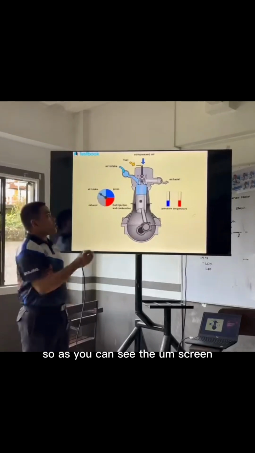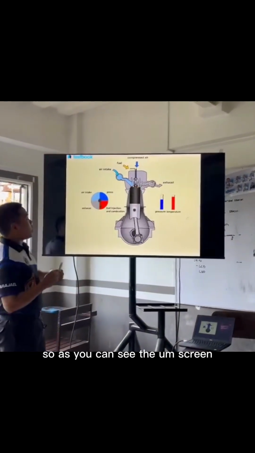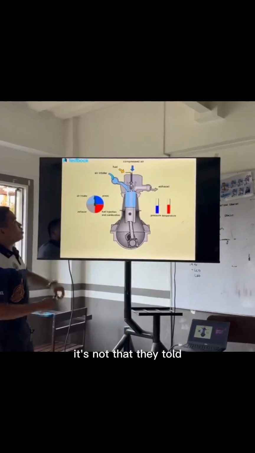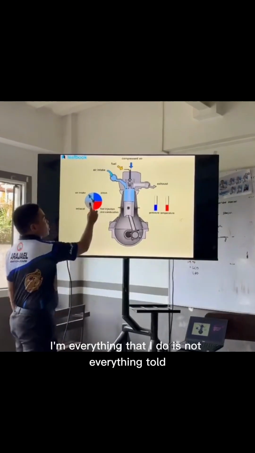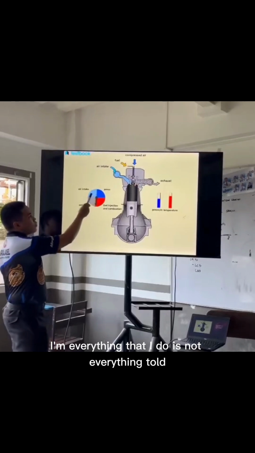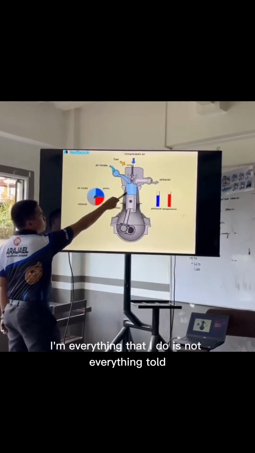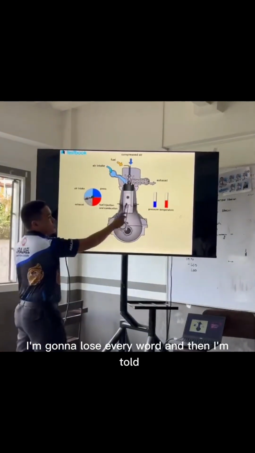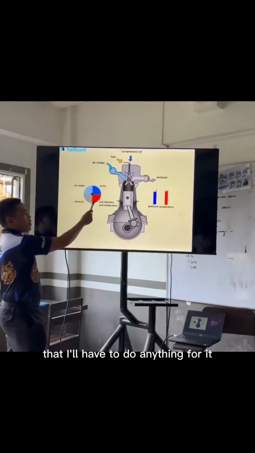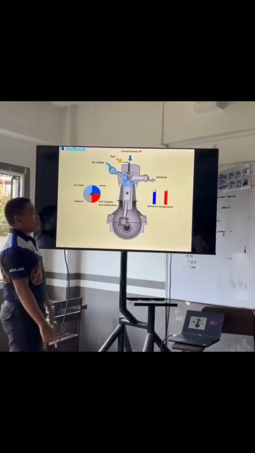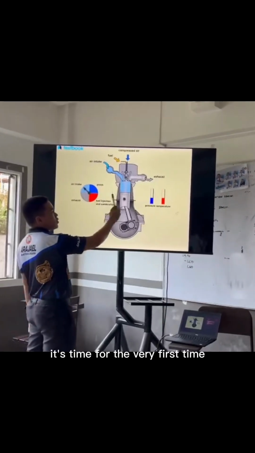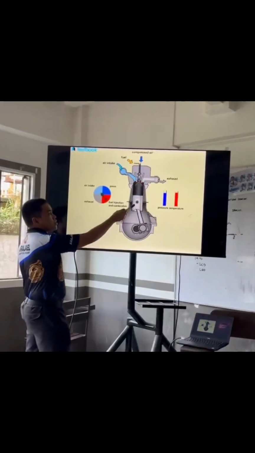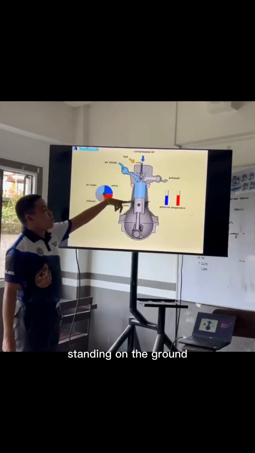As you can see on the screen, this is an example of a piston animation. The light blue is the air intake. That is the example. Then the blue is the pressure, and the red is the fuel injector and combustion. Red is also temperature. As you can see in the video,